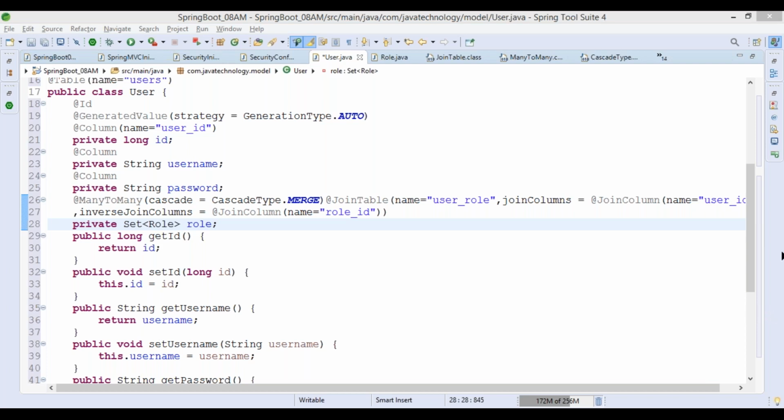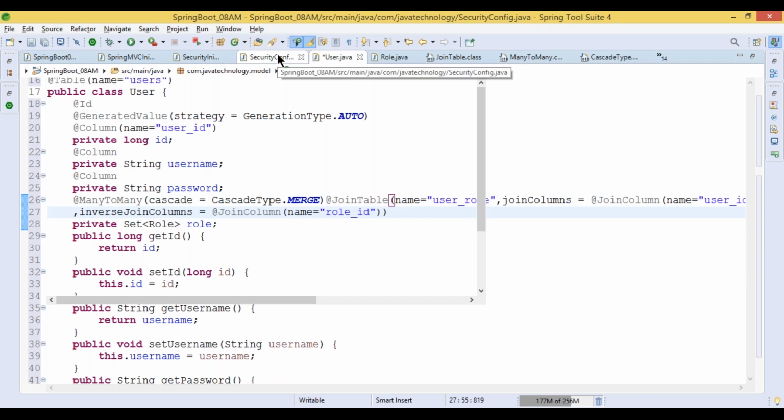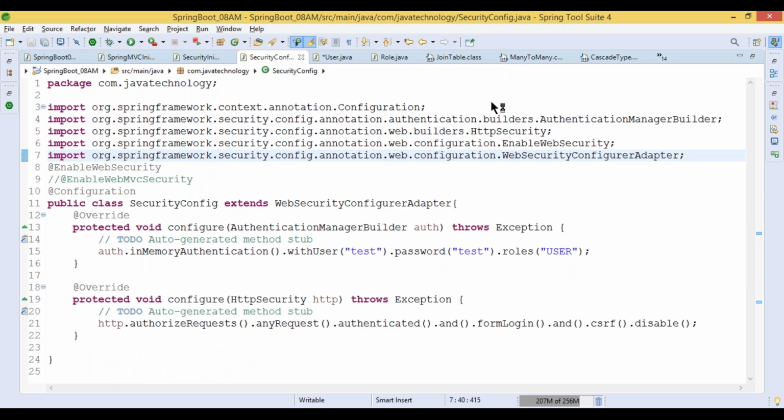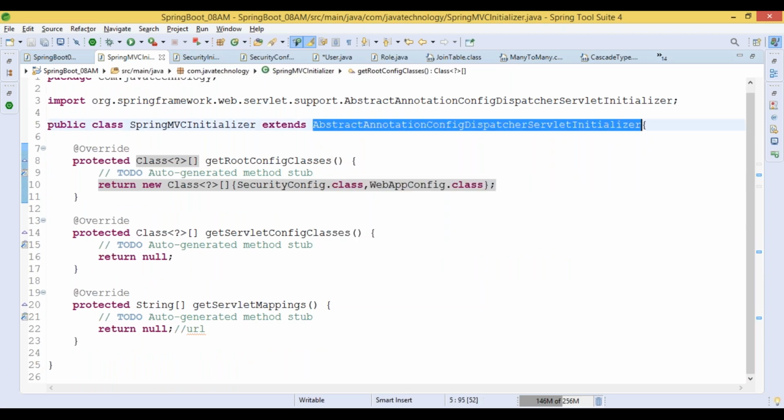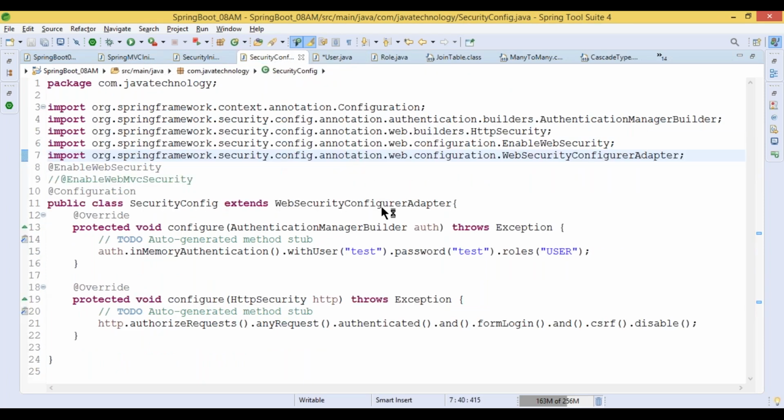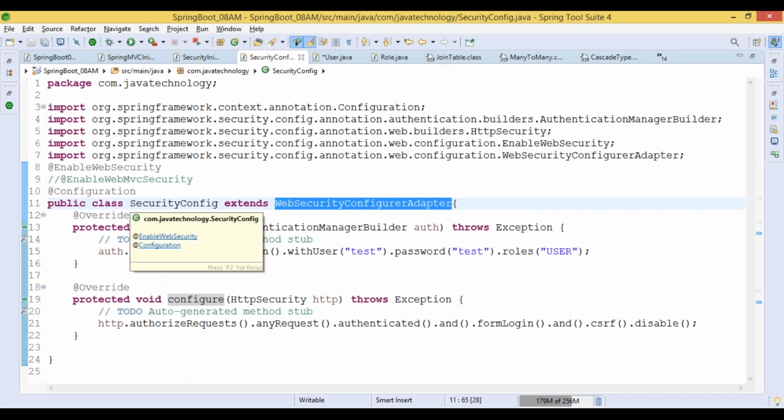Regarding the initializer class in Spring Boot, is that required or not? Exactly, good question. The Spring initializer class we don't need. We can work directly with the configuration classes, by extending the Spring configuration.